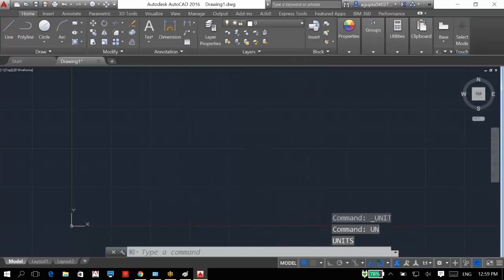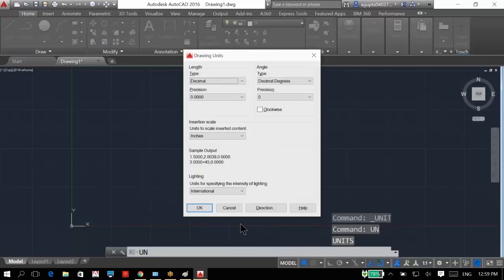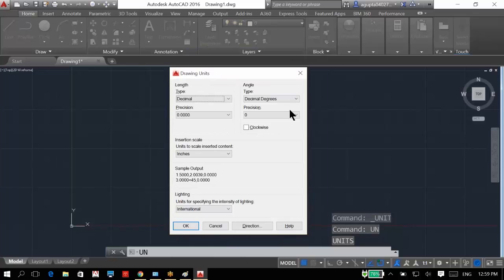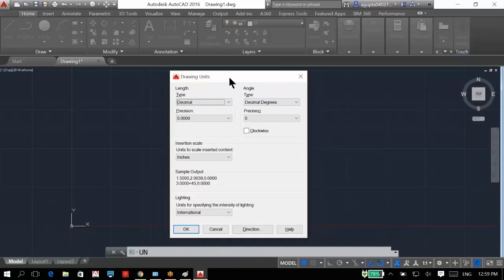Then again U and space bar, and again a dialog box will appear. So for units you can utilize U and enter, U and space bar, or directly the application menu, drawing utility, and then units. Okay, so in length type you can find